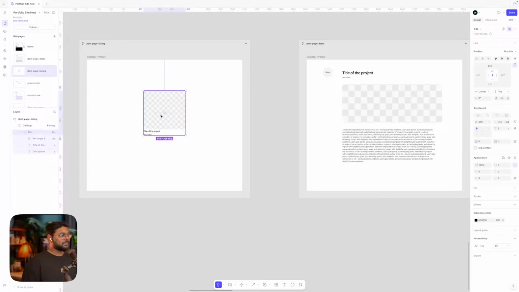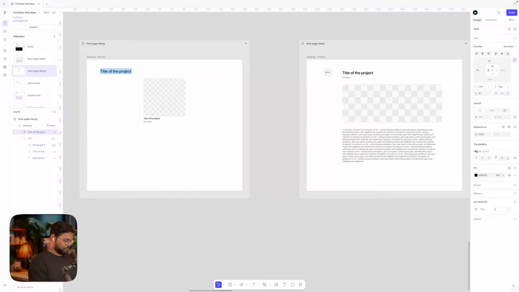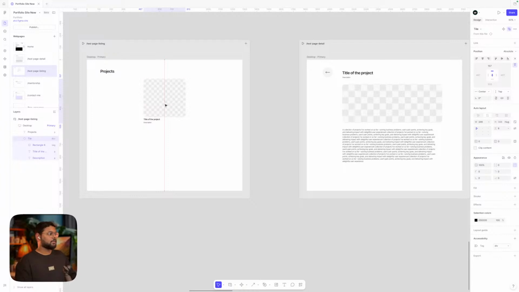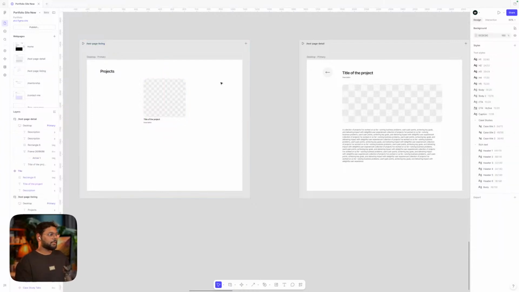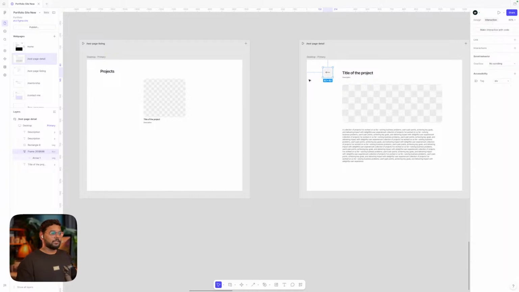And on click of this, it will open. So great. Now let's create one interaction, simple interaction, that it will be here. Okay,